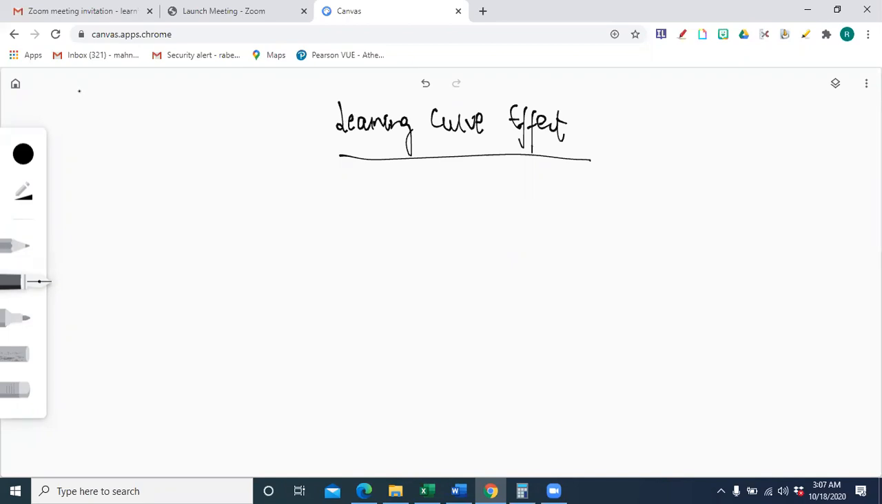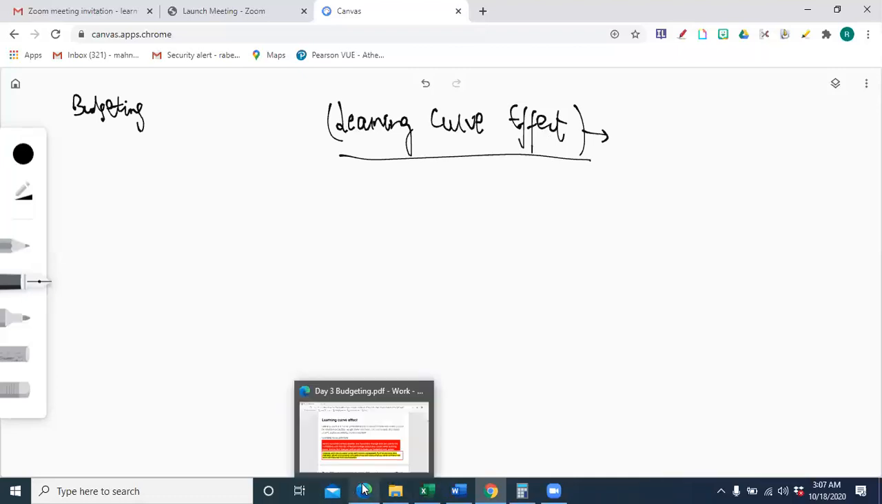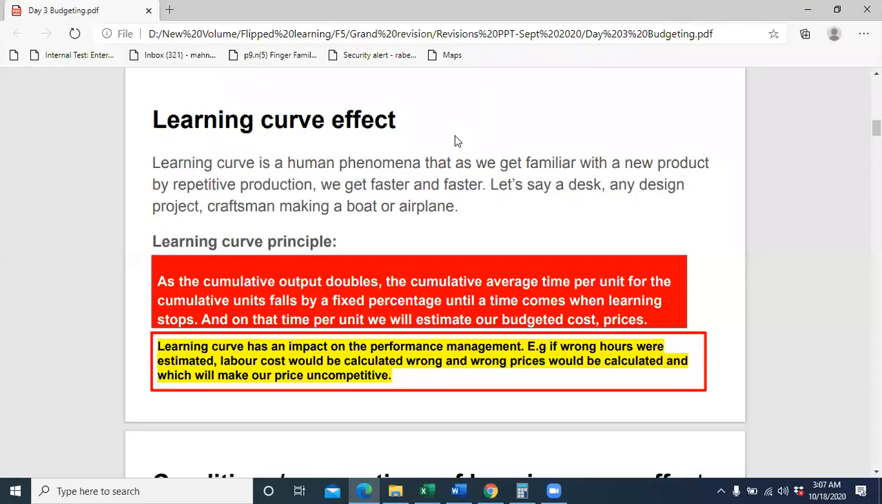Actually, it's a very important area, not just assessed in budgeting, but actually it's a human phenomenon just to calculate your labor cost. For example, if a process is complex and repetitive, and we are doing it for the first time and there's scope of learning in it, then there's this phenomenon known as the learning curve effect,